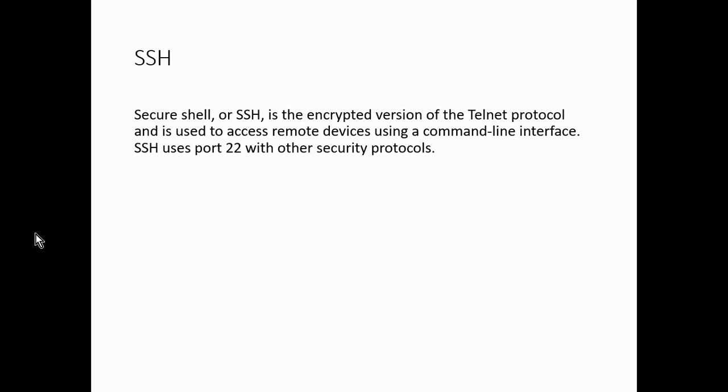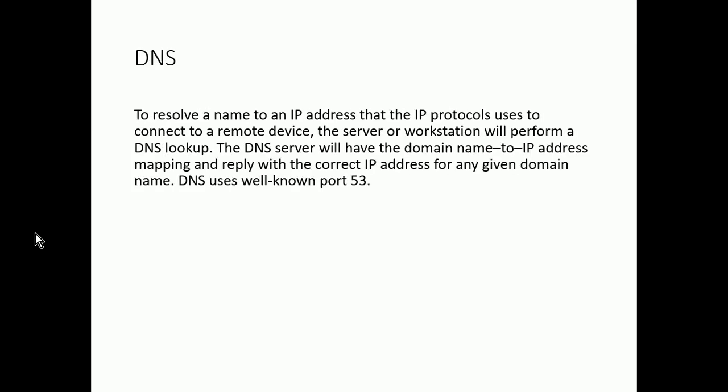SSH is basically how you get a shell on a remote computer. You can use that to basically run commands on a remote system. It's very similar to Telnet, but it's much more secure because it's encrypted. DNS, again, I'm sure most of you are familiar with DNS, but it's sort of like the phone book of the internet. It's how you can look up an IP address if you know a system's domain name. So, for example, you can look up the IP address for google.com using DNS. In fact, your browser does that automatically when you type in google.com.